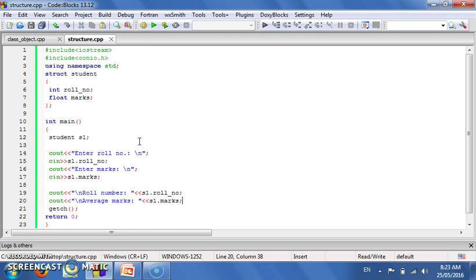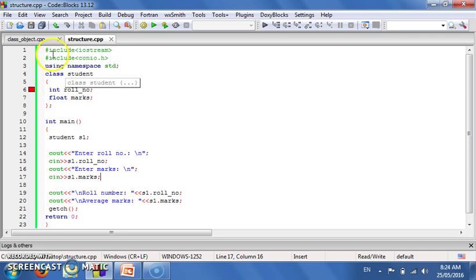Now to understand the concept of class, I will just replace this keyword struct by class, and then you will understand what the class exactly means. Now if I compile or build this program, it will show me an error. Probably it says that the data roll number and marks is not accessible by this main. Why did it happen? It happened because when we write the keyword class, if you remember in syntax there are two